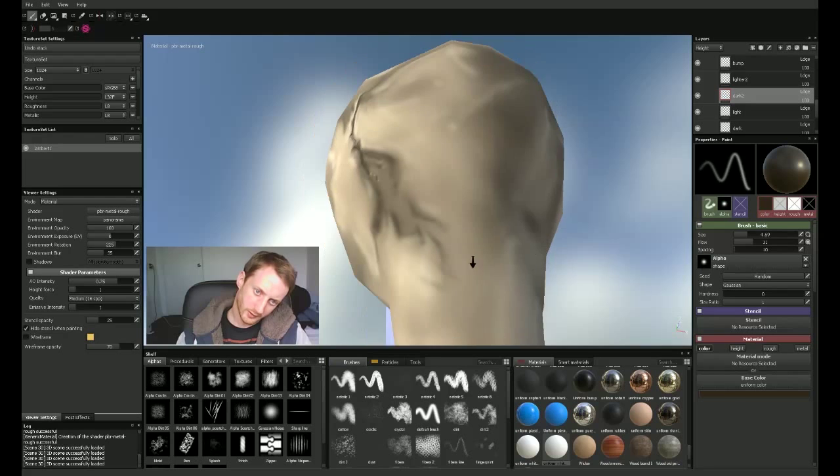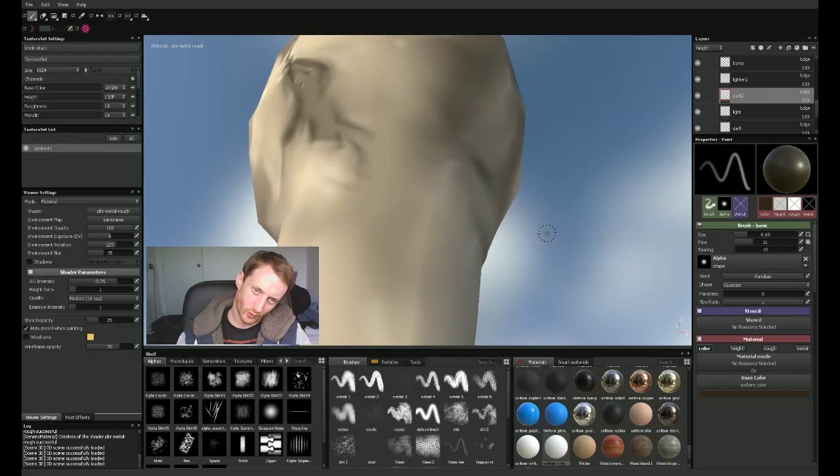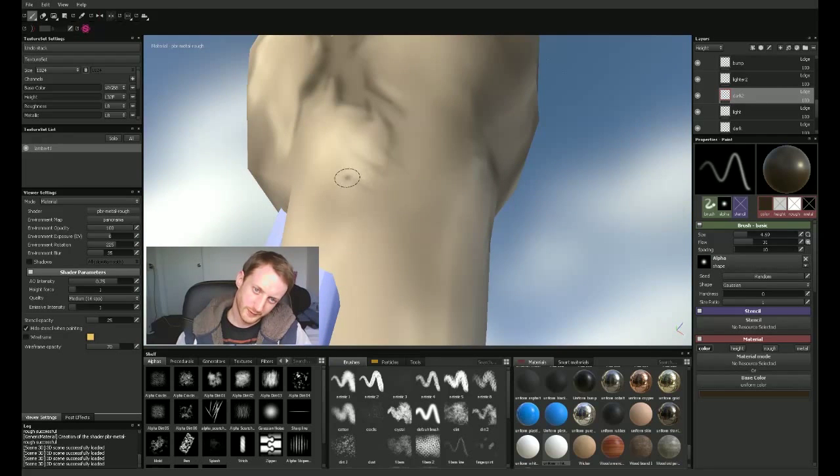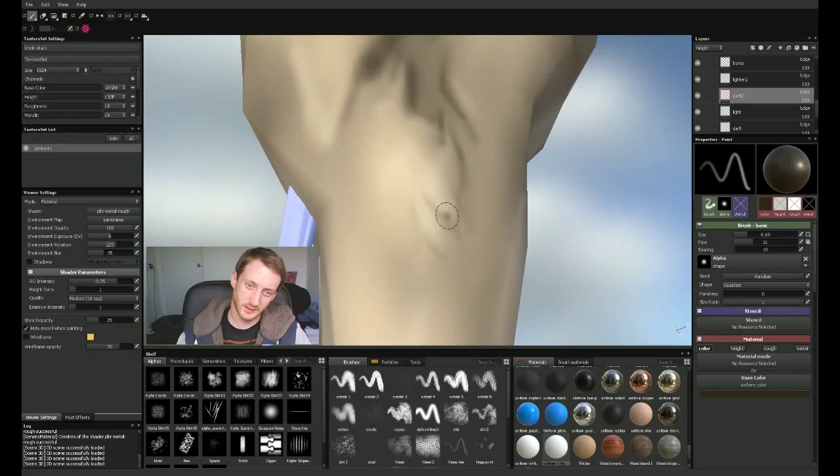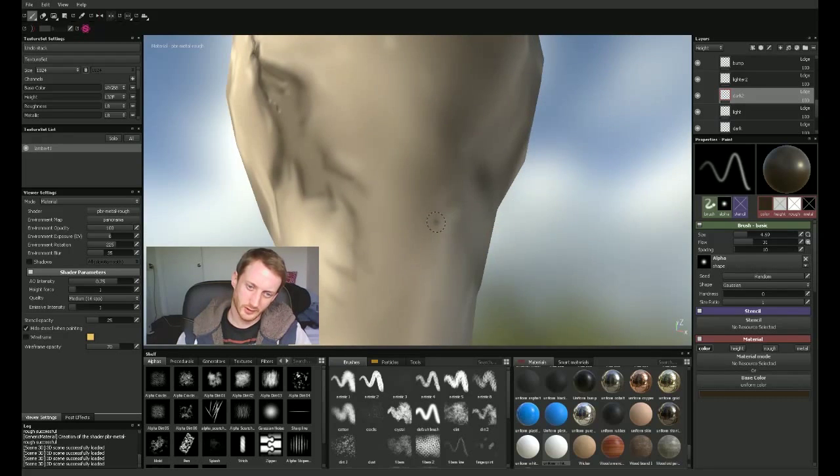The darker you put, the more deep, or the more intense the descent is going to be. That's pretty obvious what I'm saying, but I'm just trying to